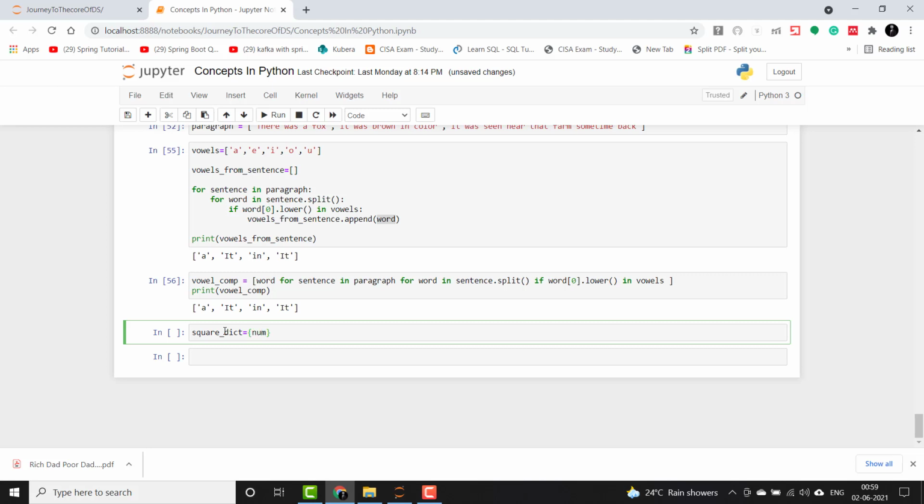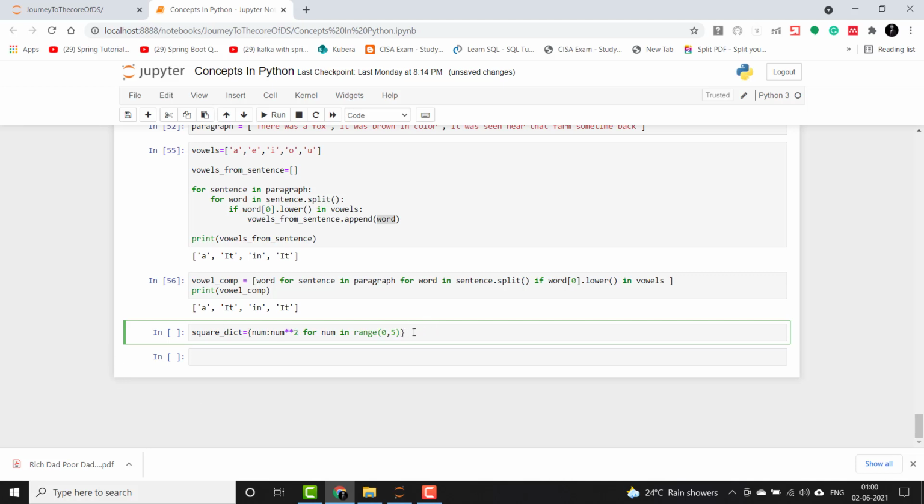In list comprehensions we used square brackets because a list is represented by square brackets. So here we are using curly braces. We'll say for num in range from 0 till 5, because you have to take 4 elements, 0 to 4. Then we will return num as the key and num squared as the value.